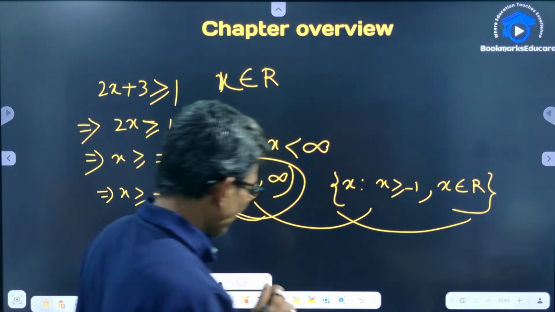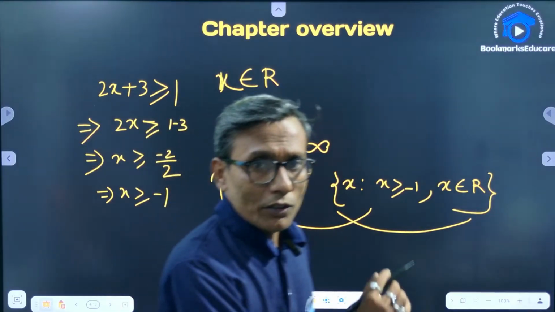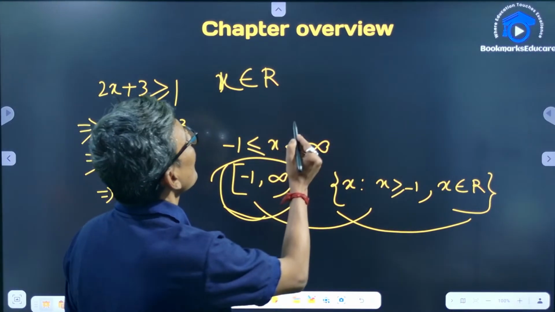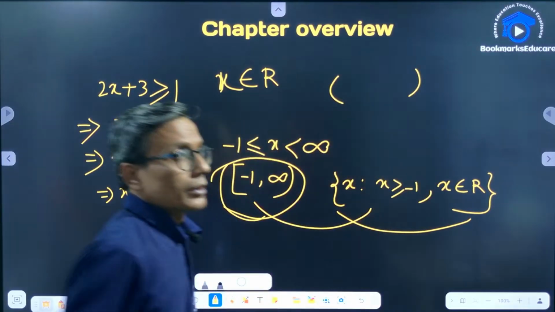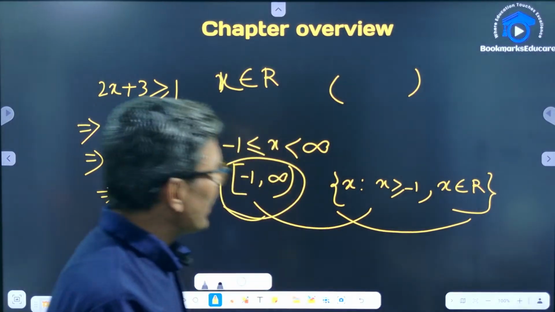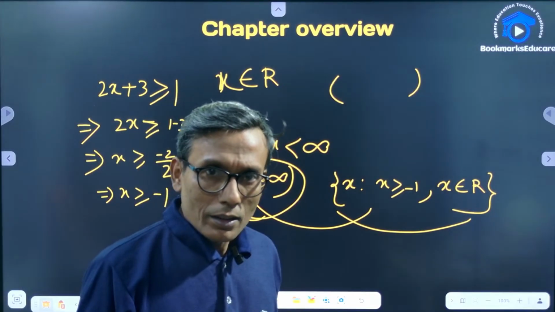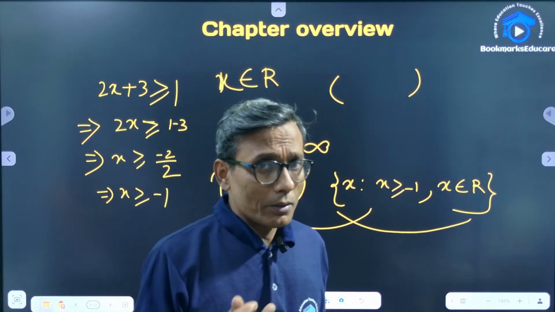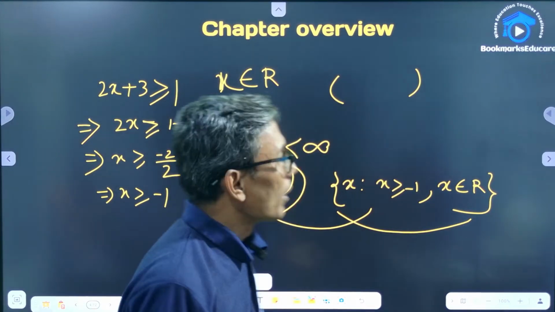So this is all about the solution set of an inequation. Now the solution set can be represented on a number line. It shows the solution visually on a number line using